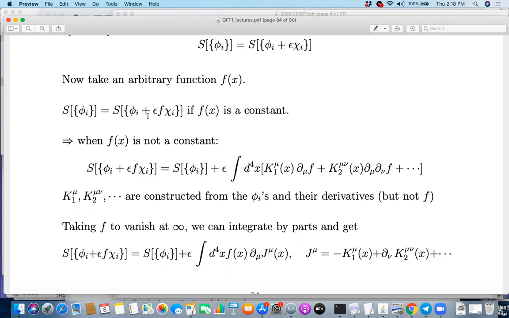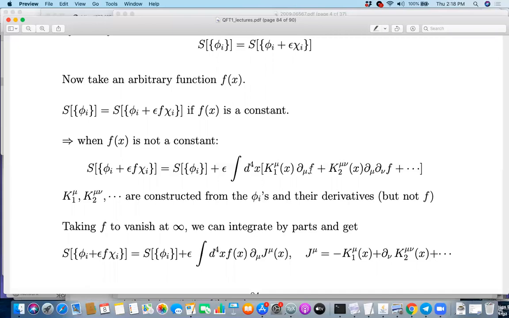see, this is the statement of symmetry, right? That if this is true, then this must be true. Okay? This is a general expression because I have written the most general term, except for the term that has no derivative on f. See, in general, suppose you're trying to write a linear function of f, right?